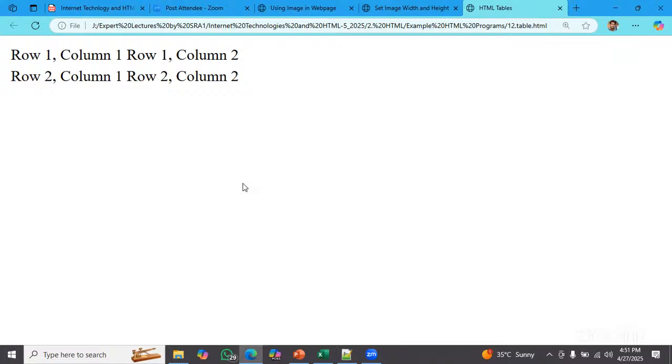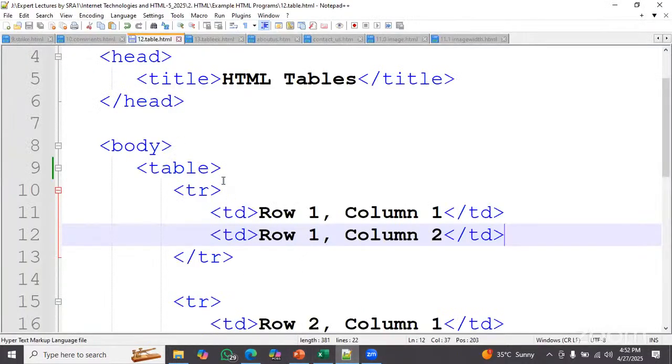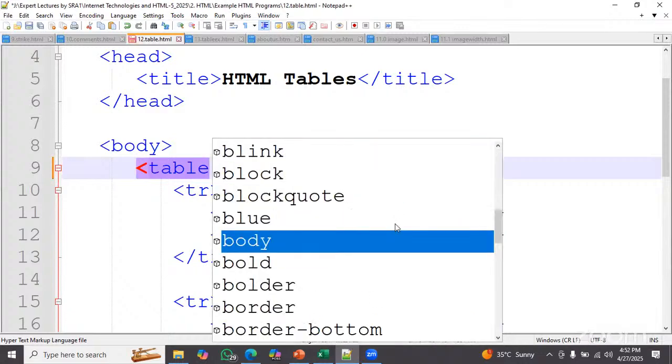Even though we are using all the tags, table tag, table row tag, TD tag, everything, this text may not appear in the form of a table. Reason is by default, the border of the table tag is 0, nothing but without borders in simple terms. That's why if you write a border,